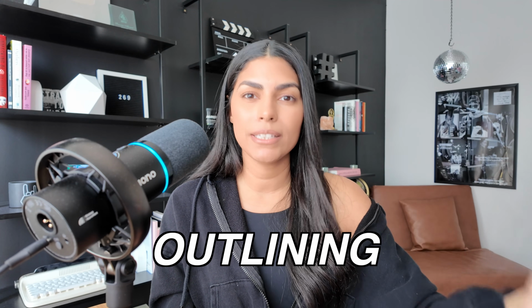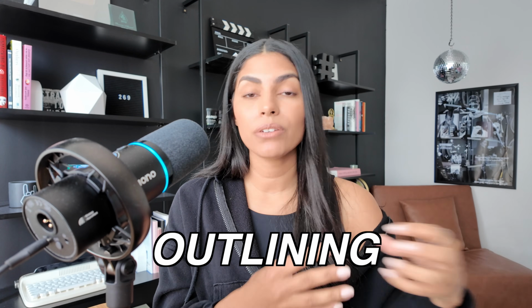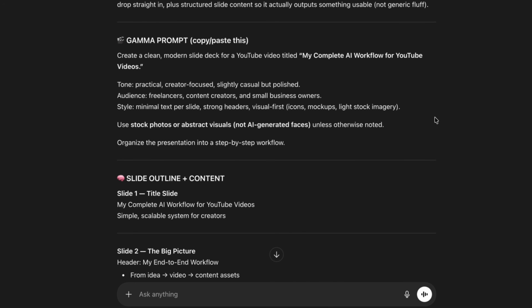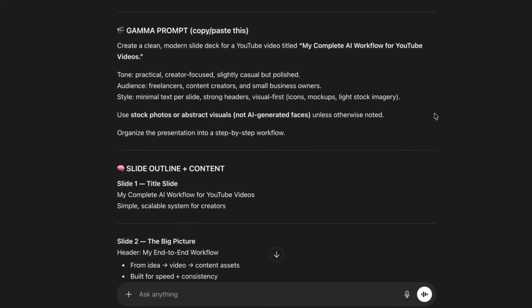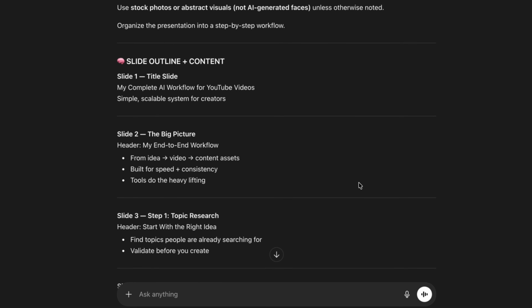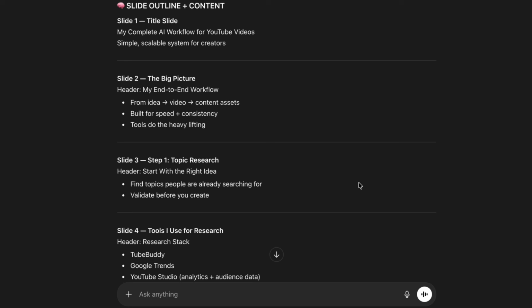I don't even know how I came up with this workflow, you guys, but one day I was like, what if I just talk, like I dictate my outline for my video into an AI tool like ChatGPT or Claude. And I just have them help me structure it a little bit better, like give me some headings, that's it really.